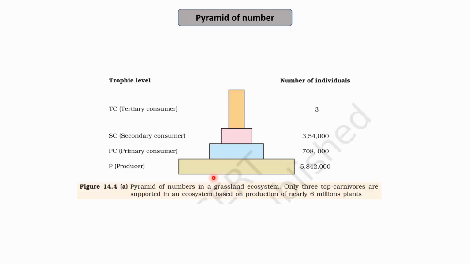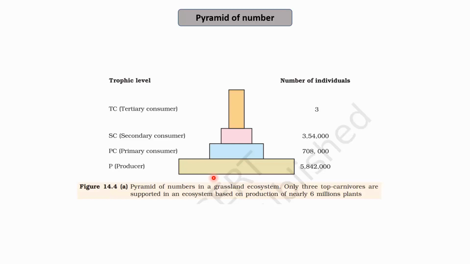So, basically, we know that we can also relate this with the amount of energy that gets transferred, as we discussed in the last lecture. Since the amount of energy that gets transferred from one trophic level to another trophic level is just 10% of the previous trophic level, it is very important that the numbers of organisms at higher trophic levels remain few, so that they can get enough supply of energy or enough food, so that they can easily survive.